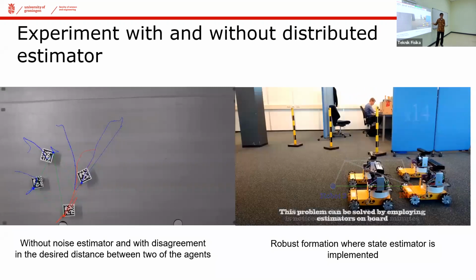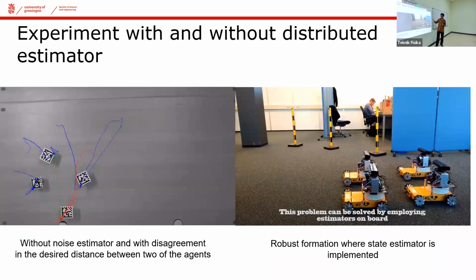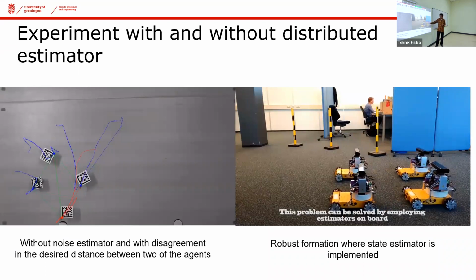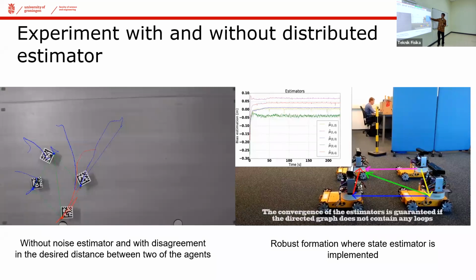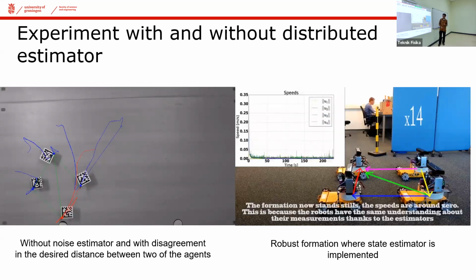So this is not the right behavior that we would like to have when we implement it in the real world. By using our estimator, you can see here now that they are able to form the right formations. The estimator is able to converge to the right correction term. And what is good is that when we speed up these experiments by 14 times, you can also see this student of ours still working on the table there very seriously. You can see how he's head banging.